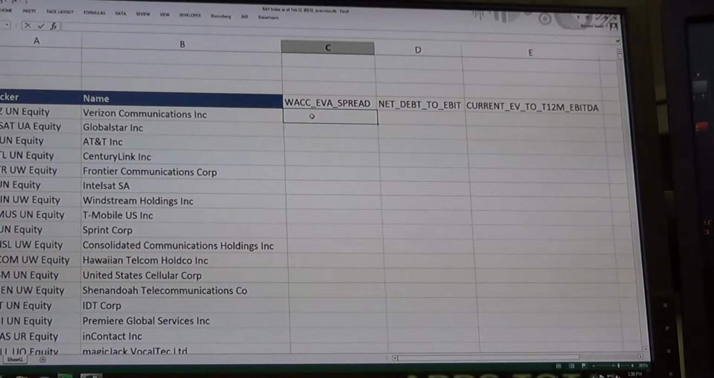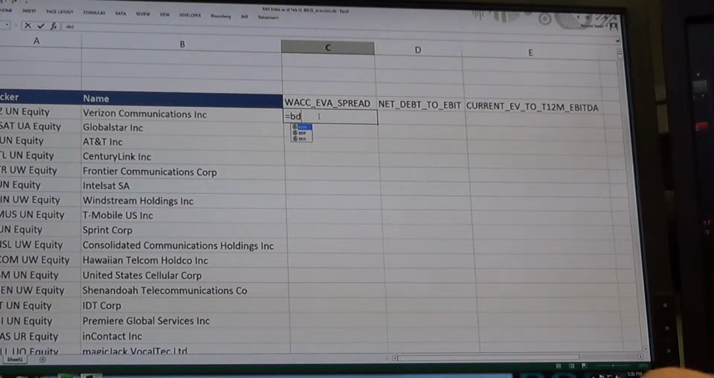All right, now that we've got the factors, what we're going to do is bring in the data. So you do equal. Go to C5, or depending, I hope it's C5 for you, right underneath the WAC EVA spread, go to that one and do equal. BDP, open parentheses, and go over and find the